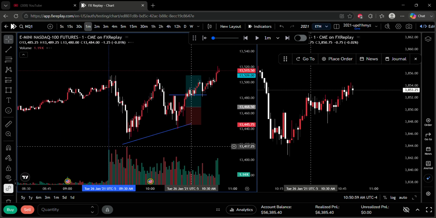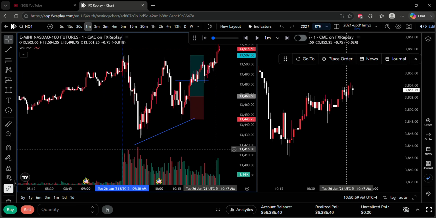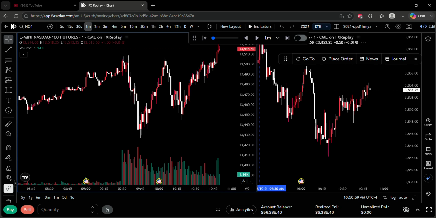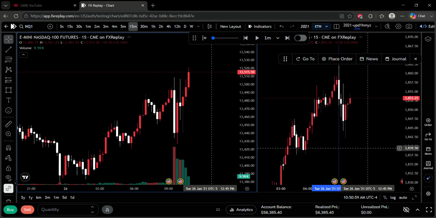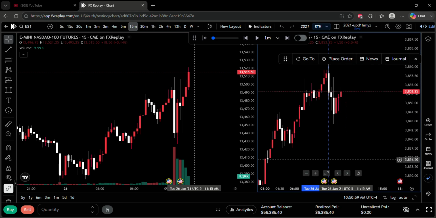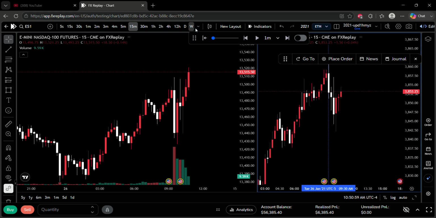Beautiful trade. So fucking beautiful. Like, SMTs only matter when they're at key levels. Like, the trade this morning that failed, it was at a key level. That's why